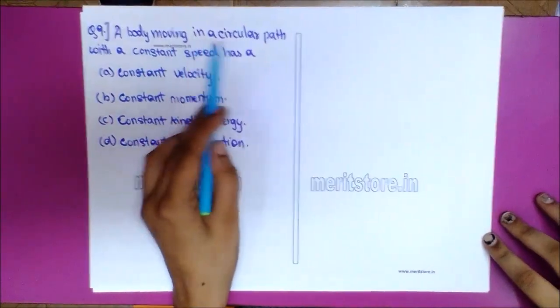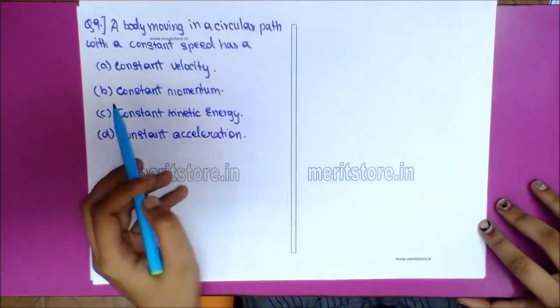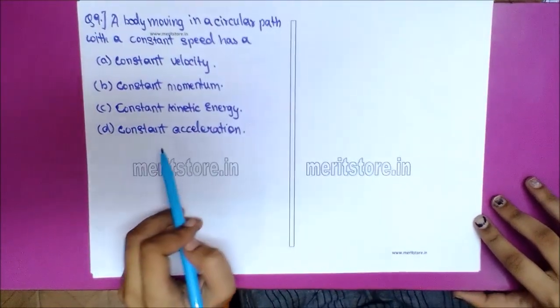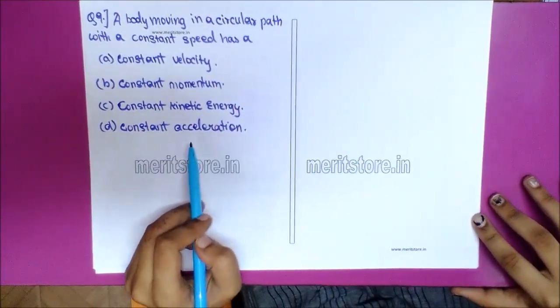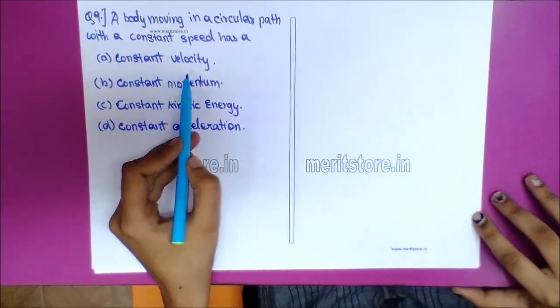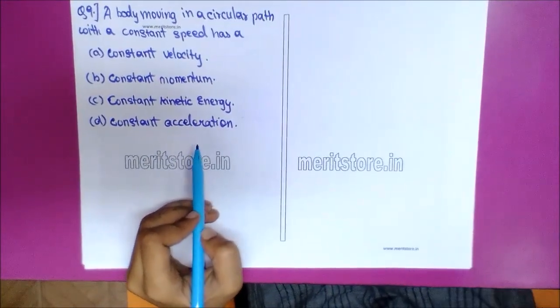Question 9. A body moving in a circular path with a constant speed has: A) constant velocity, B) constant momentum, C) constant kinetic energy, D) constant acceleration. Over here it will have constant kinetic energy because A, that is velocity, B, momentum, and D, acceleration, all of